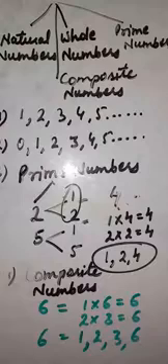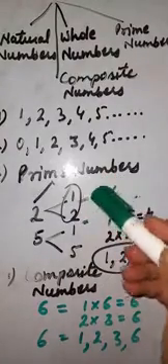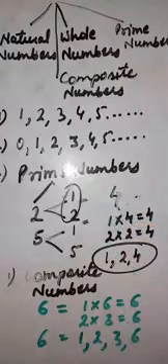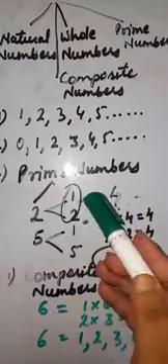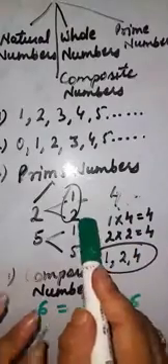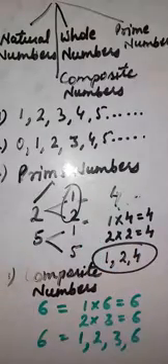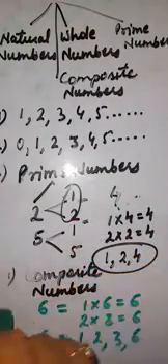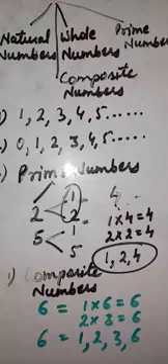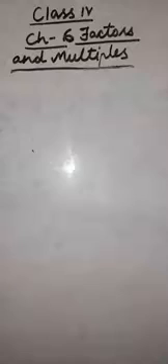It means that composite numbers are numbers which have more than two factors. Composite number वो numbers होते हैं जिनके 2 से ज़्यादा factors होते हैं. And prime numbers have only two factors, and these factors are 1 and the number itself. एक तो 1 होता है, 1 की टेबल में सारे नंबर्स आते हैं, एक नंबर itself होता है जिसका हमें फैक्टर निकालना है. Okay children?